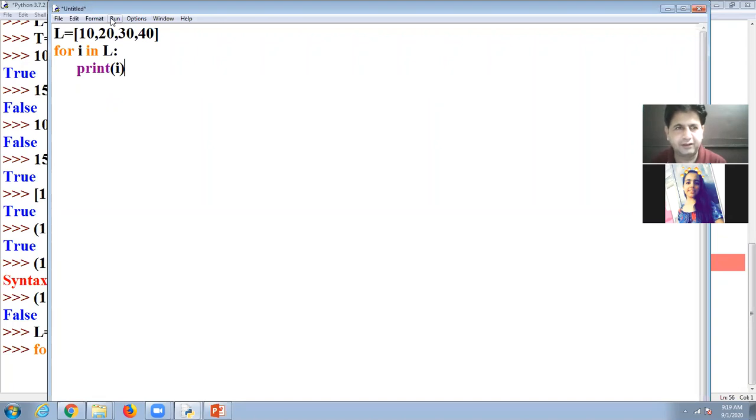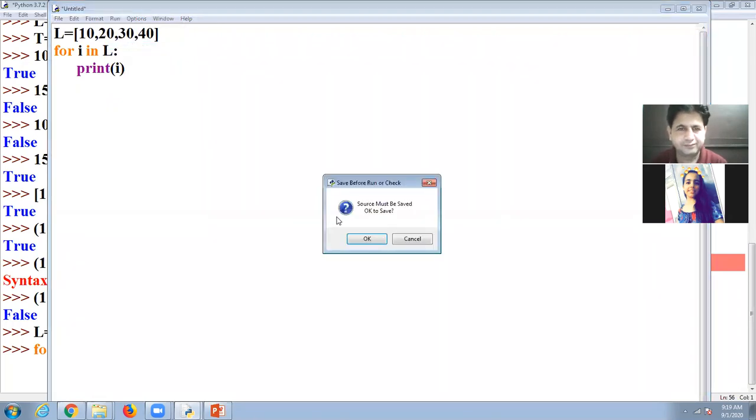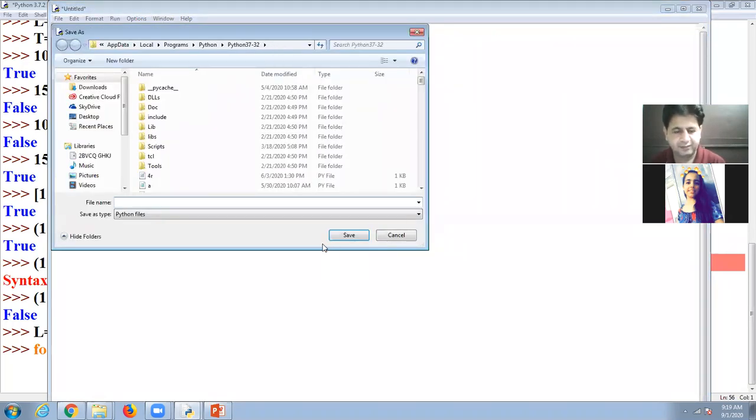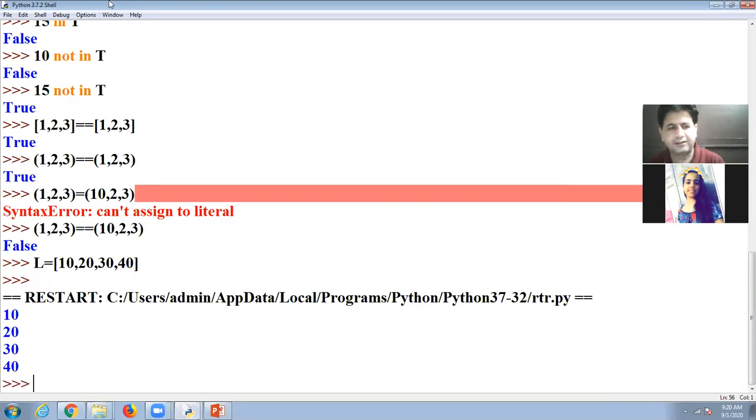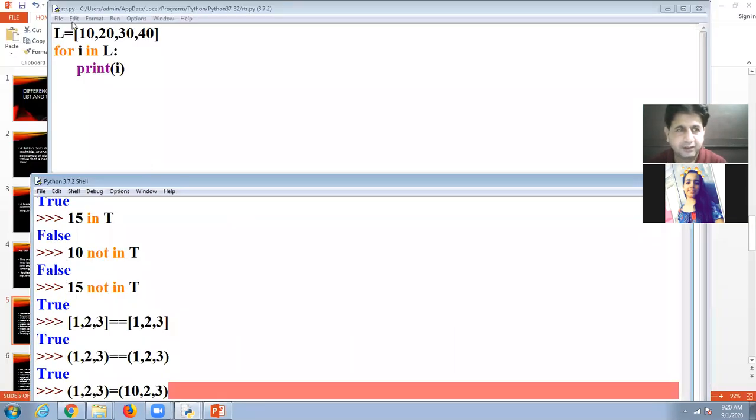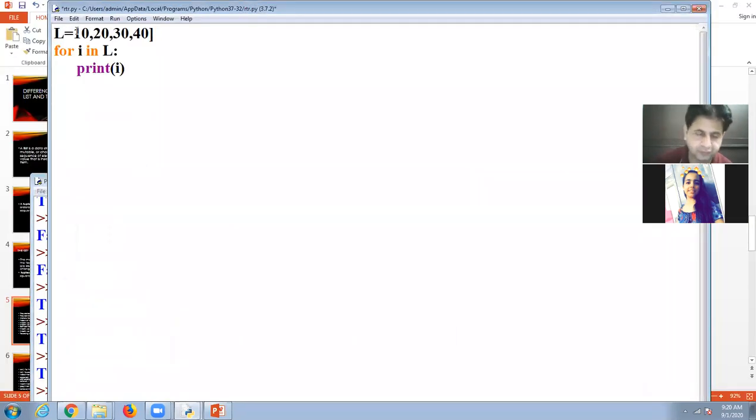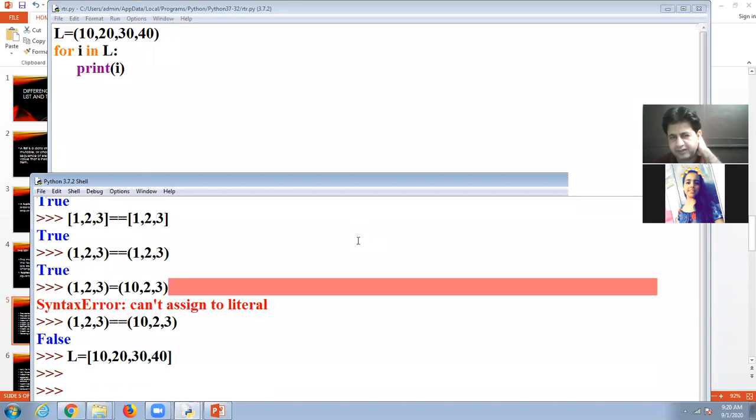So if I run this program, the answer is 10, 20, 30, 40 on the screen. If in the place of list we make it a tuple, even then it is the same. There will be no change. So 10, 20, 30.